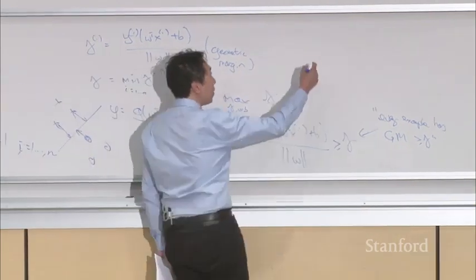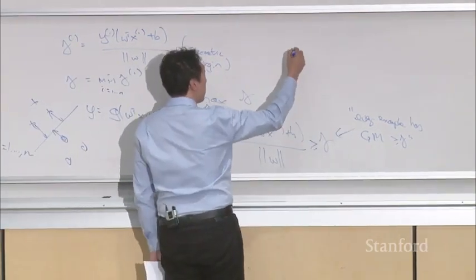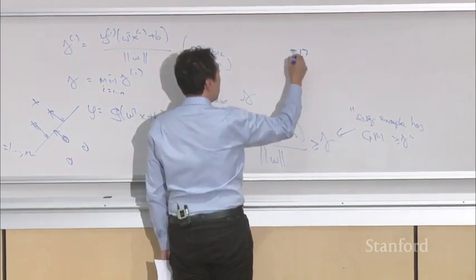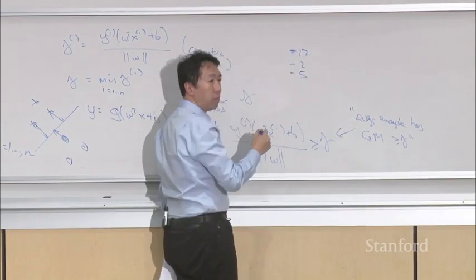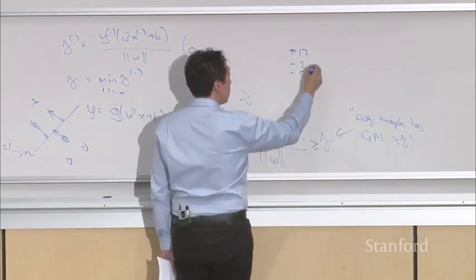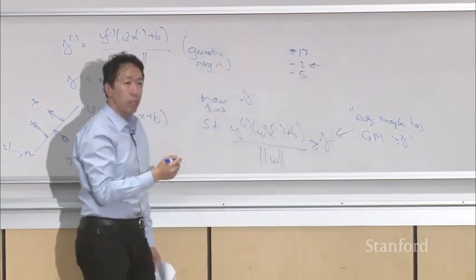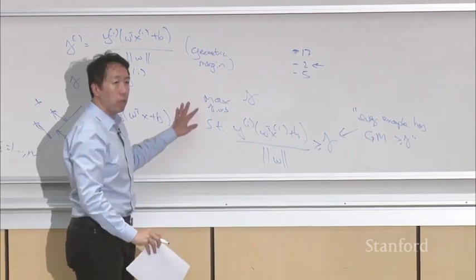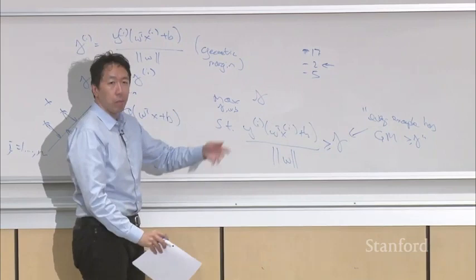So let's say you have a few training examples. In the training examples, geometric margins are 17, 2, and 5, right? Then the geometric margin in this case is a worst case value 2, right? And so if you are solving an optimization problem where I want every example,